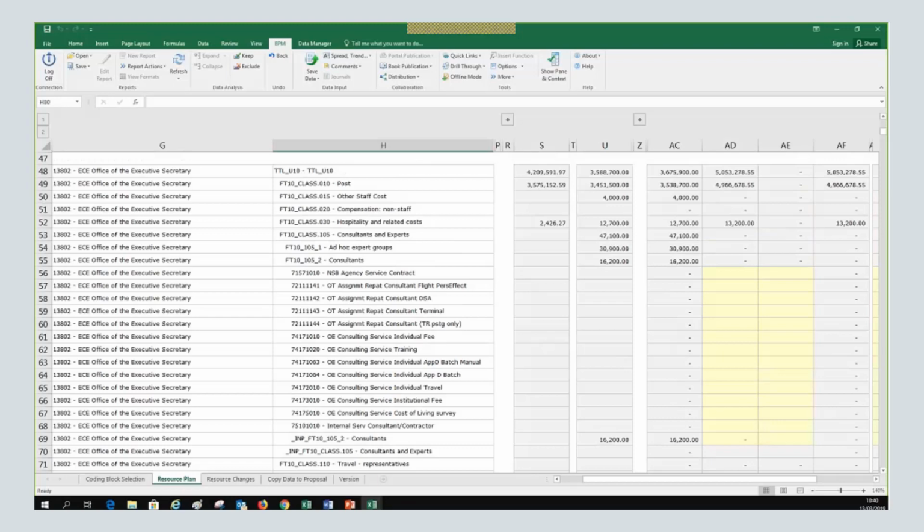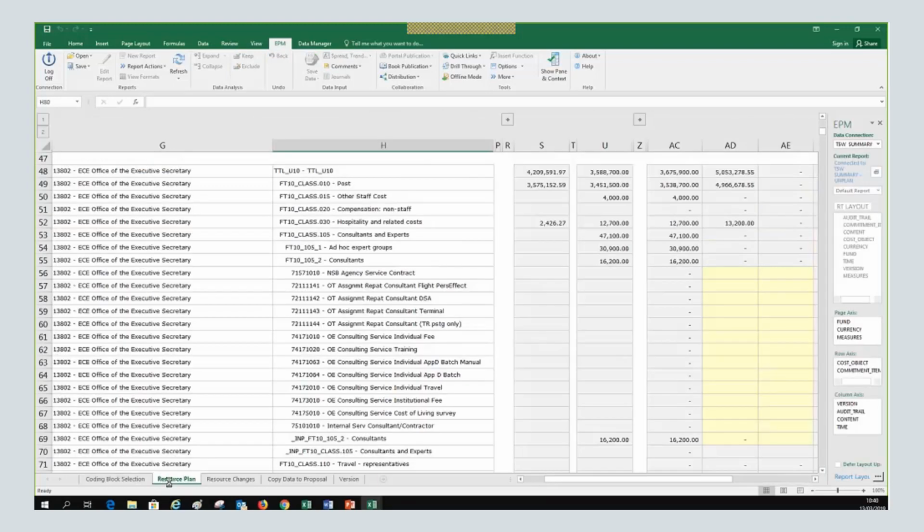So what I did in this form was to enter the coding block. Then I went to resource plan, and then let's say that we are budgeting, and that after our analysis of our costing sheets, we realized that we have to add $10,000 or $20,000 for consultants, okay?